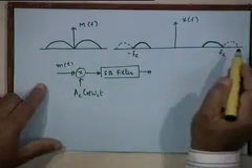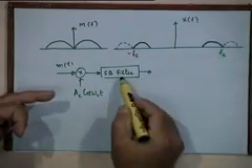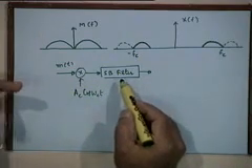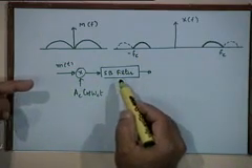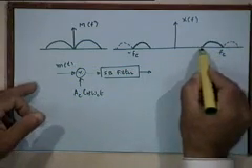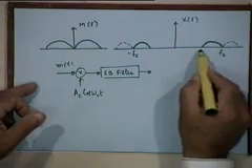If you eliminate the upper sideband, you are transmitting the lower sideband, and for eliminating the upper sideband, you can use a low pass filter or a band pass filter whose passband is from fc to fc minus B,